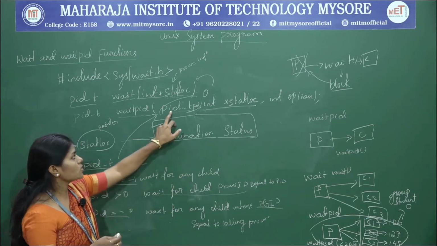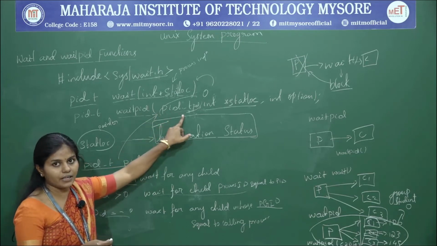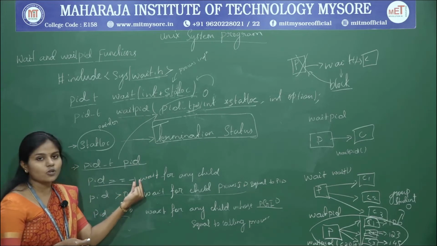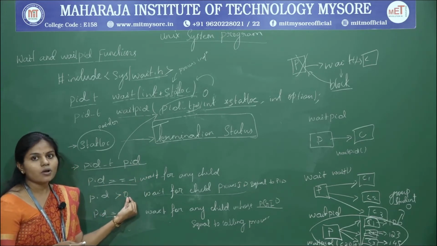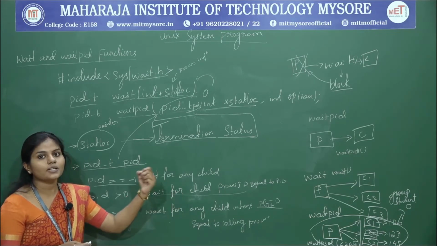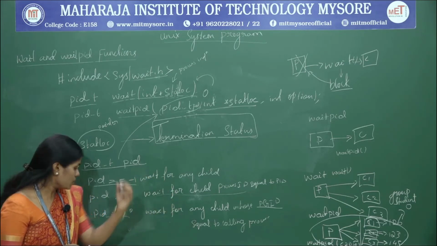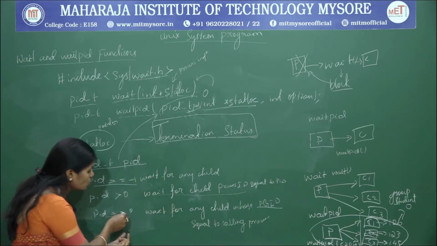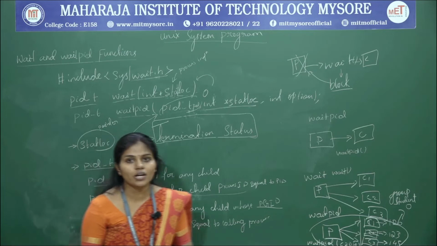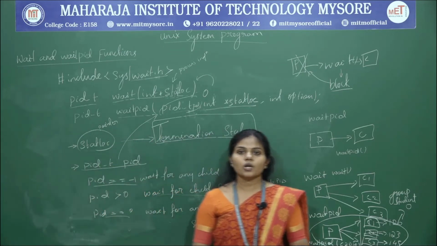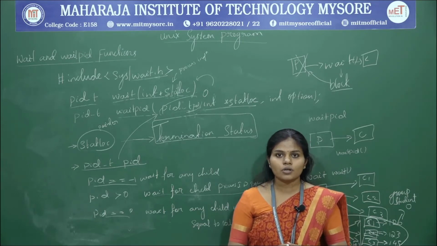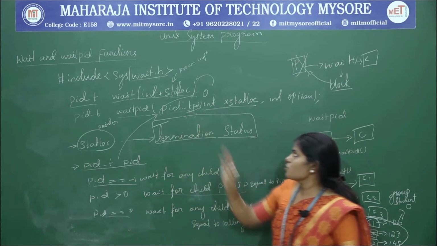So this is the first parameter for waitpid. It is going to wait for any child when you specify the value -1. You can specify a positive integer number, which waits for the particular process identification number. Now the PID equal to 0 waits for the termination status of a child who belongs to the particular group with the process identification number for the group that you have to specify. So this is the first parameter.